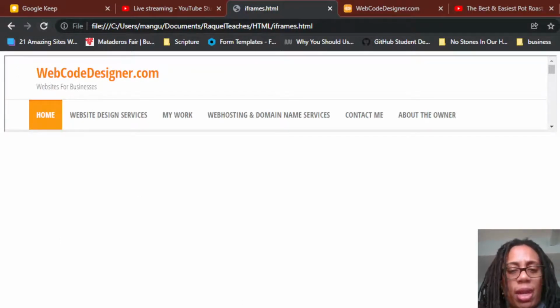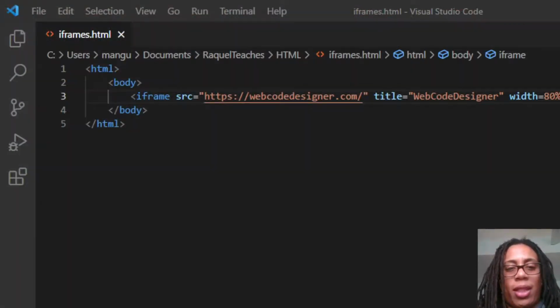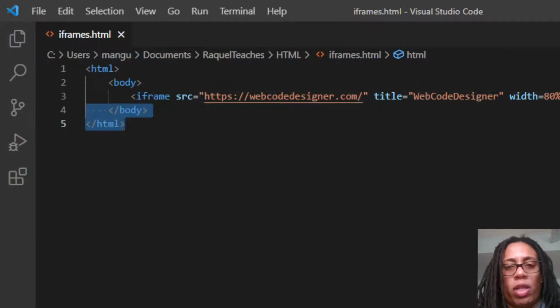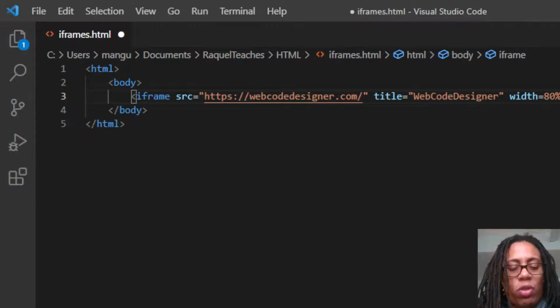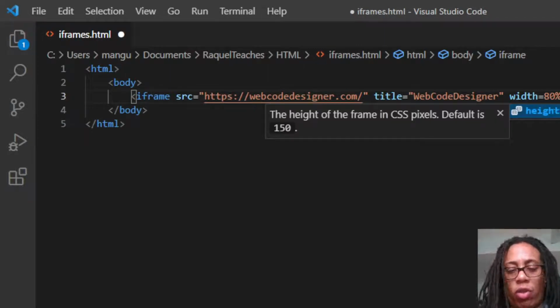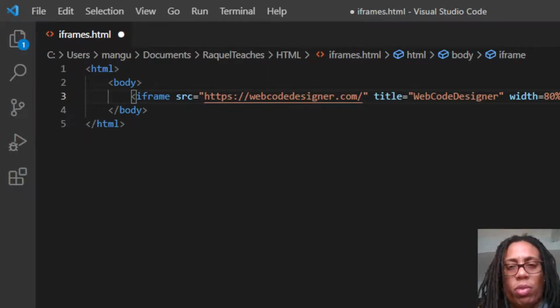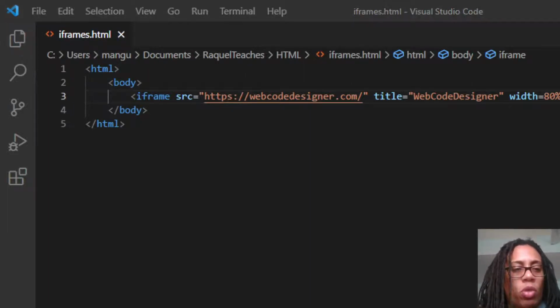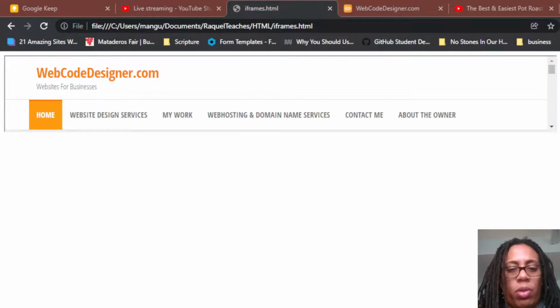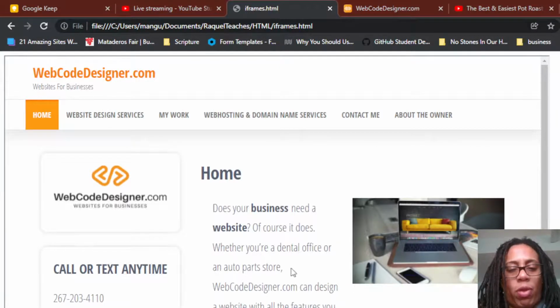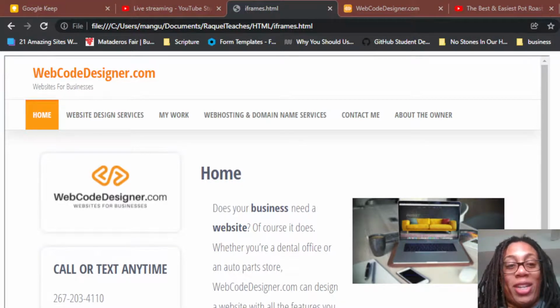And I am pretty certain that if we go back to the code editor and set the height for this thing, we can change that as well. So for height, let's go ahead and set that to like, I don't know, 800 pixels. Let's save those changes. Switching back to the browser. Let's go ahead and see what happens there. Okay, beautiful. And so, okay, I was right. So when it comes to